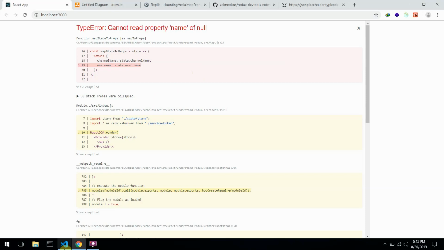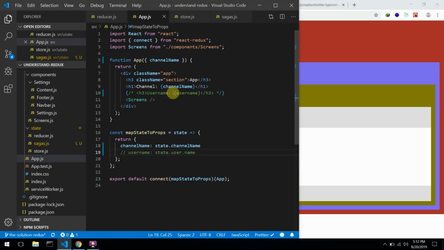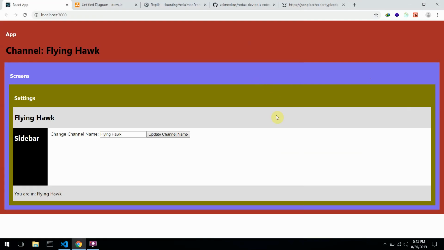I could just simply do a conditional render check. So just check if user is not null, display some loading or something. Then if the user has a value, then display username. But I don't want to do that yet. So now, cool. Our application is not breaking. The two places I would want to display this user would be in the nav bar and also in the footer. So let's head over to settings